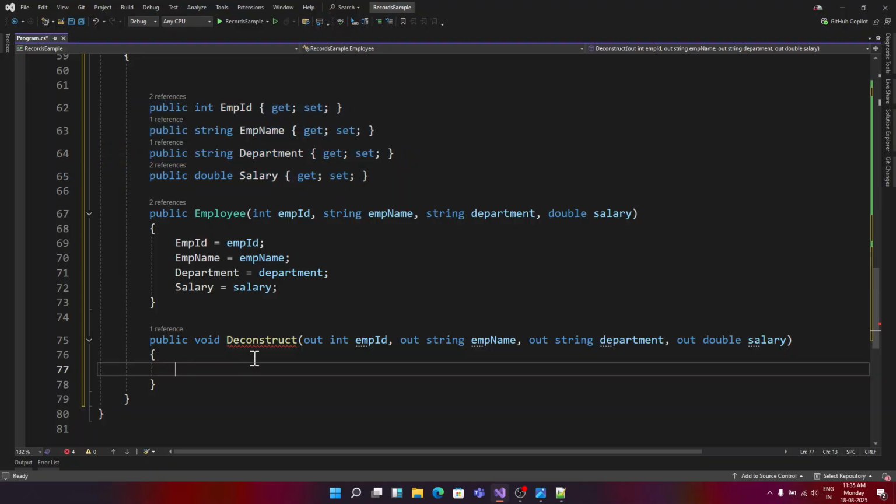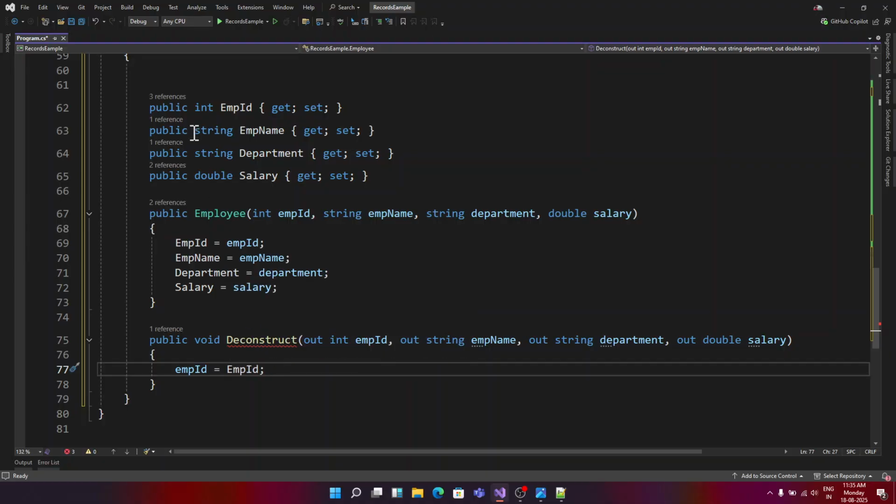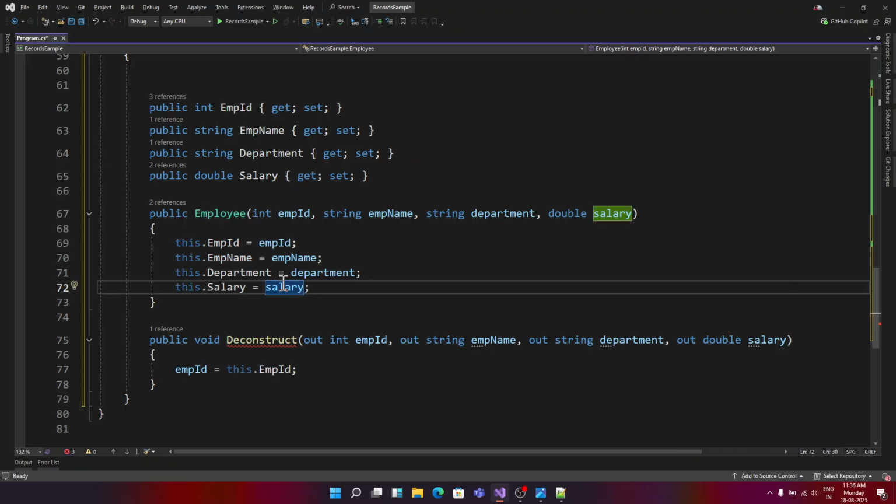Let me show you how it is done. I can just write employee ID, which is a variable, the small employee ID, equals to employee ID, which is my member variable. Now I always prefer to write members as this dot. I always would like to prefer to even write them as this dot. In React, in Angular,